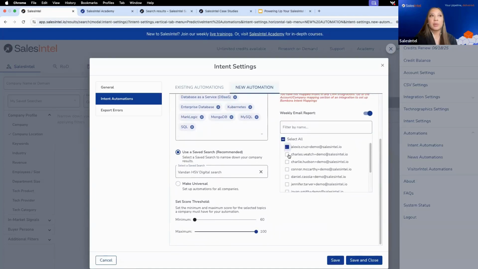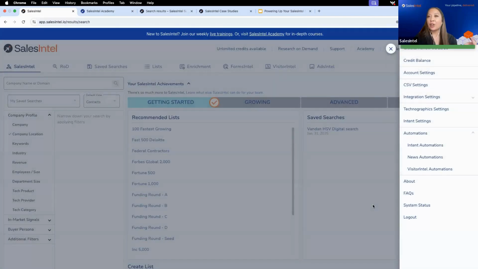So depending on your team, you can go ahead and send it to multiple team members or just yourself, and then you can press save and close, and you're automatically set. So if you're not familiar with our intent automations, our intent information updates on a weekly basis every Sunday. So by Monday morning, depending on the search results, you will have a new set of companies to help you prioritize with those intent automations on a weekly